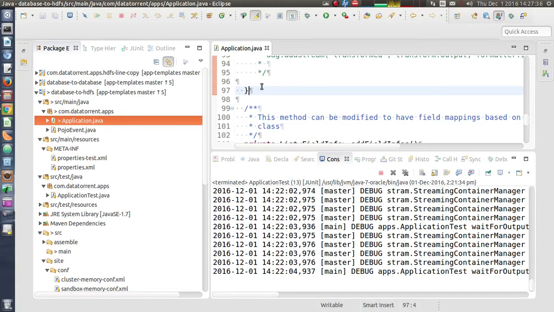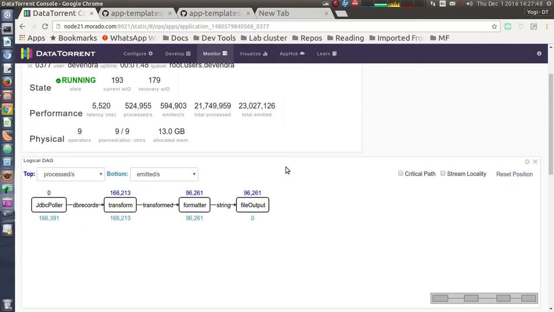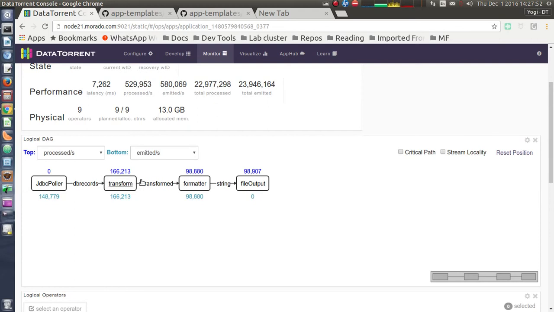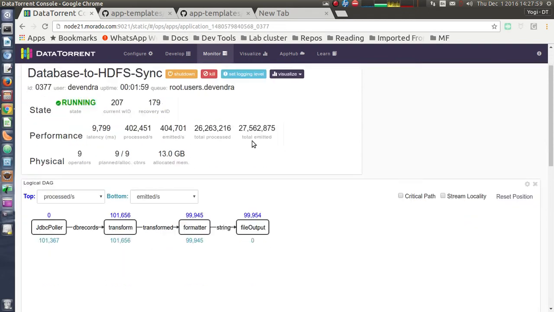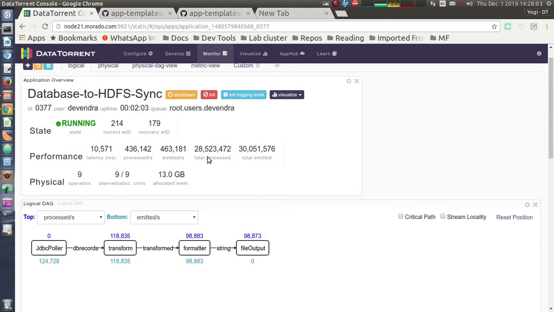You can add some other operators of your choice from the Malhar library, or you can define your own operators for custom processing logic. For example, someone might say that instead of transform, I might want to use a filter operator. So yeah, that's about it.